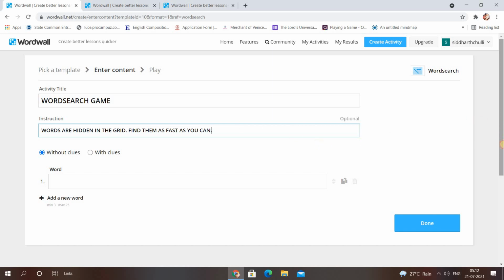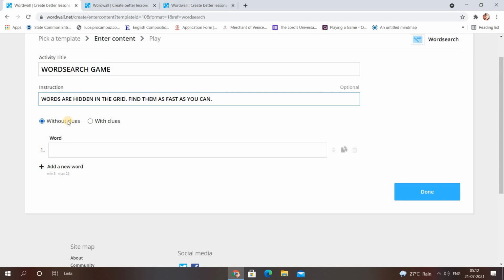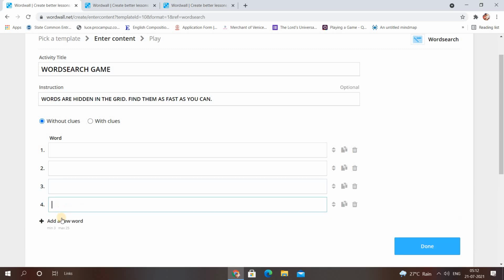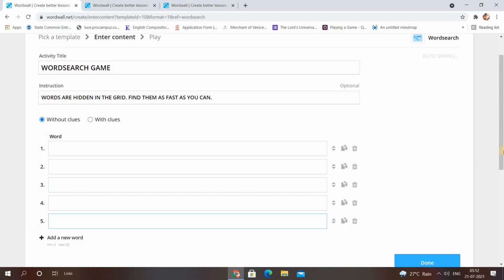There are two options given over here, whether you want it with clues or without clues. So I want it to be simple like how we used to play in our childhood days, that is no clues. And in case you want to give with clues, then you get two columns like this. A minimum of 3 flashcards and a maximum of 25 flashcards can be used in this free version of word